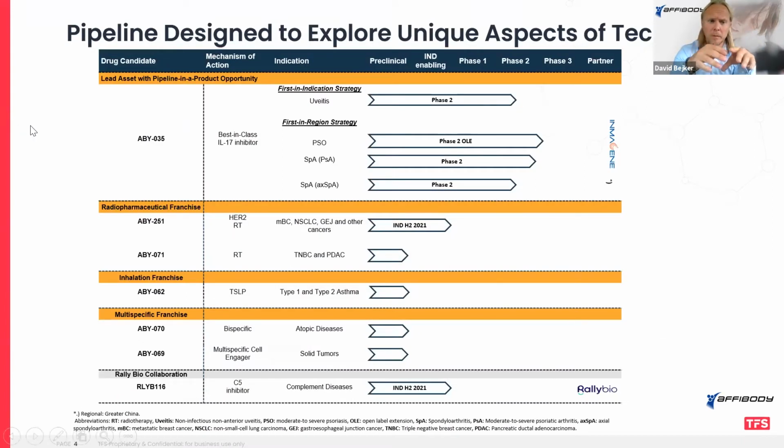That kind of means that when we look at this pipeline, we're a little bit all over the place, right? So we're both in inflammatory and autoimmune diseases. We're in radiopharmaceuticals in cancer. We're looking at inhalation and working with that, and we're also doing a lot of multi-specific stuff. And when you think about that, we don't really have a focus area in terms of therapy area. We have a focus on our platform and how to get the most out of the products coming out of that. So if we move to the next slide,